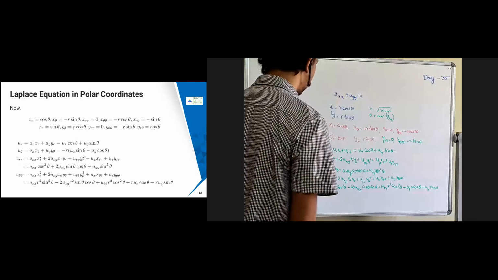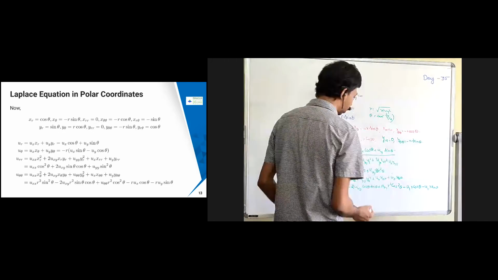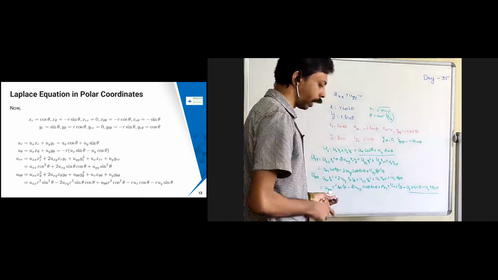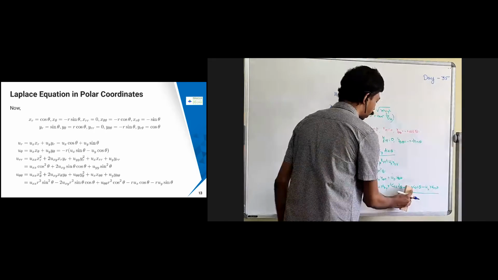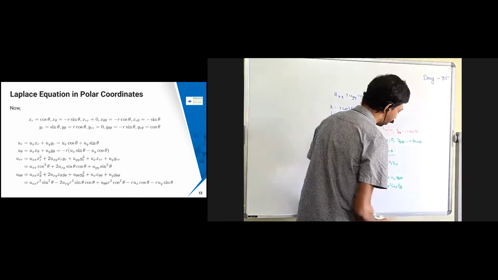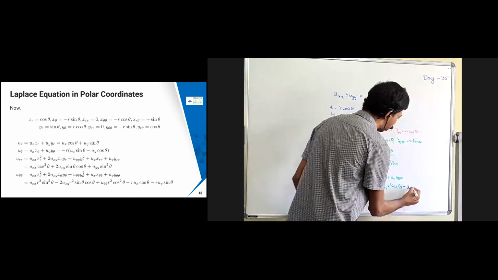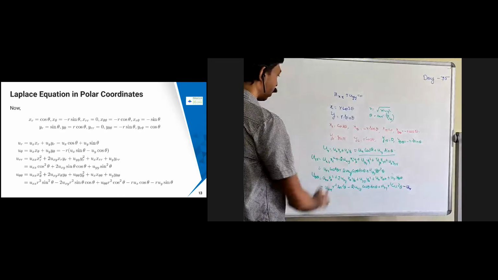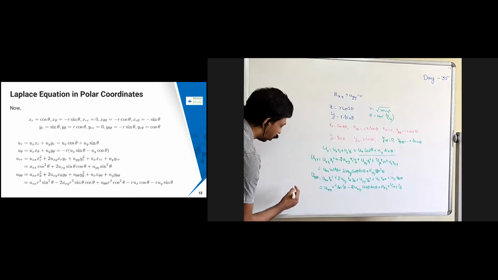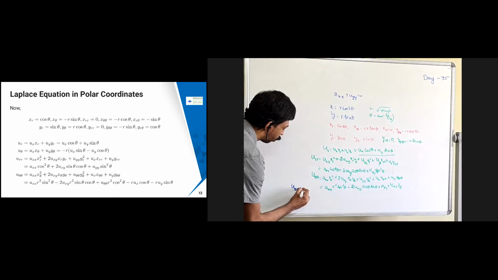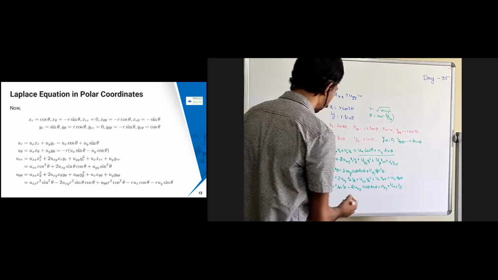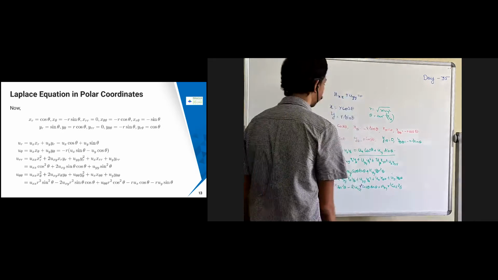If you see this one and this one, they are almost the same. This part, u_x cos theta plus u_y sin theta, I can write as minus u_r, with only the minus sign in one place. So I can bring that to the left hand side and write it as u_theta theta plus r u_r. Now, there is r square present, so if I divide by r square, it is going to become 1 by r square.